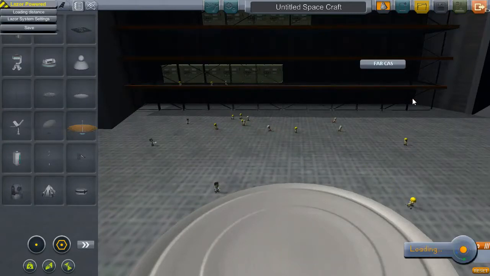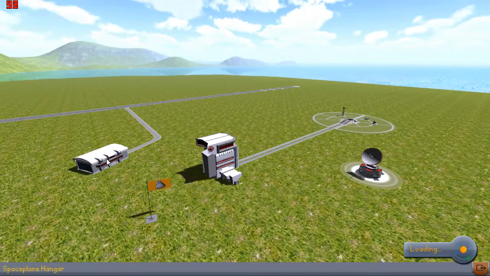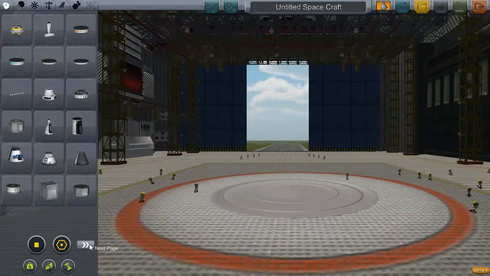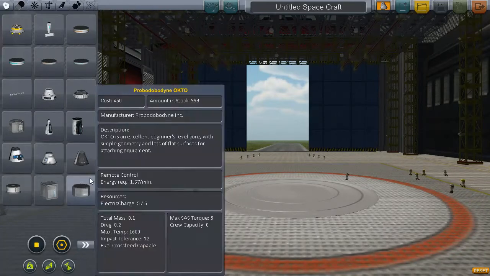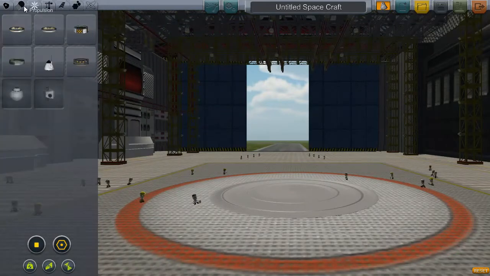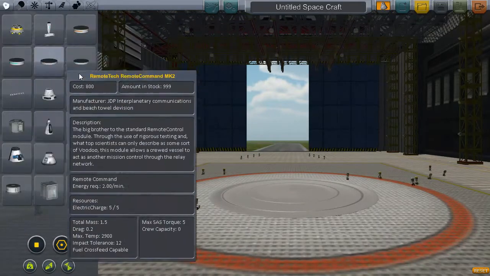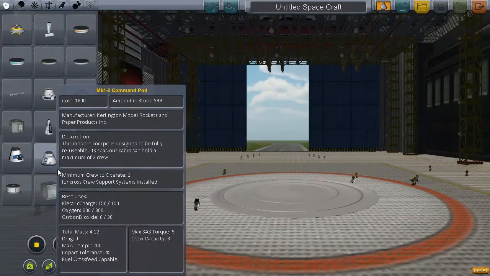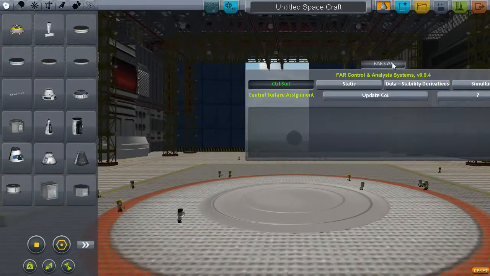What we are instead going to do is play with space planes. I feel like this time I can actually get a plane off the ground. That's what I'm thinking. I might be a little cocky, I might be a little overambitious, but I feel like I can get something off the ground here. So we're going to go for...